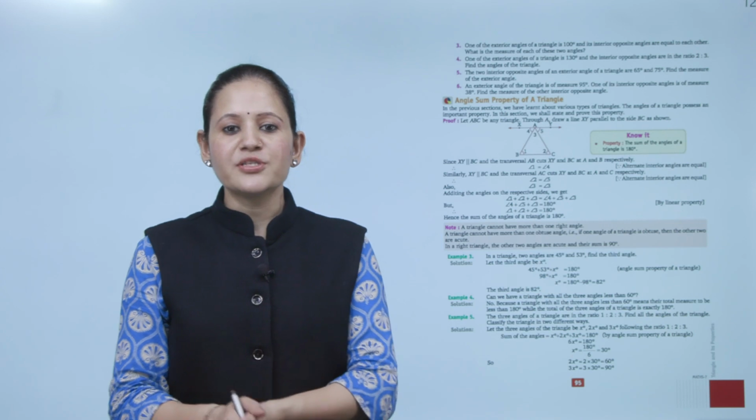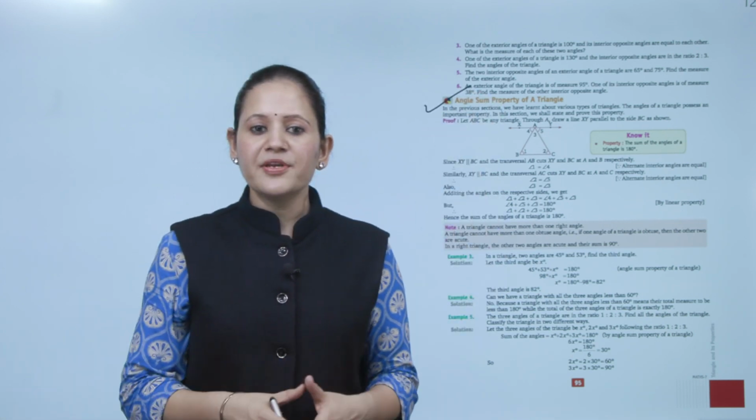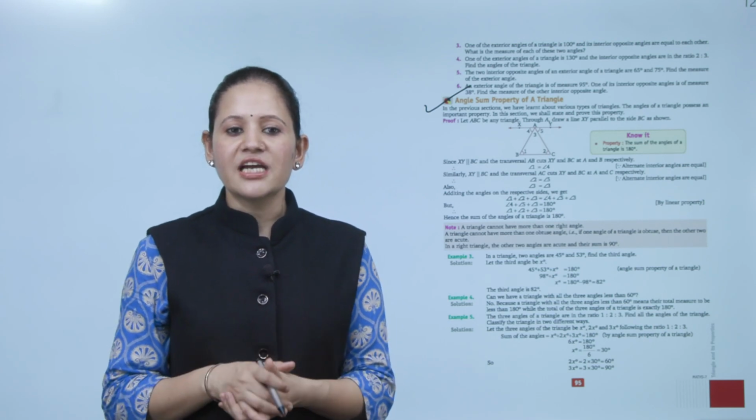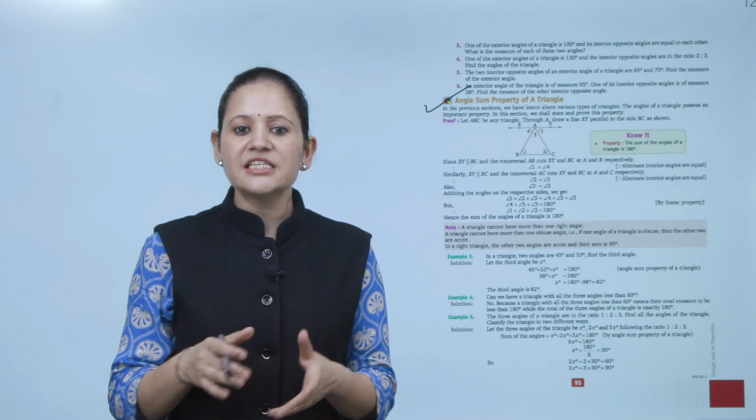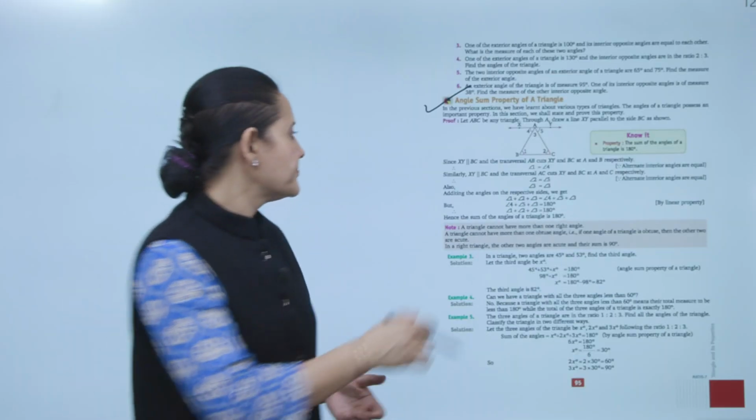Next is angle sum property of a triangle. In the previous section, we have learned about the various types of triangles. The angles of a triangle possess an important property. In this section, we shall state and prove this property. Proof: